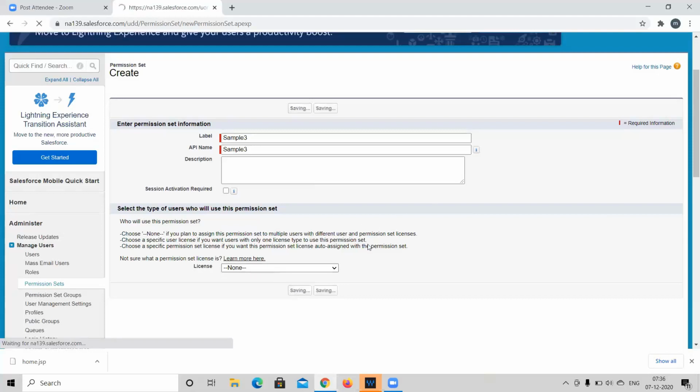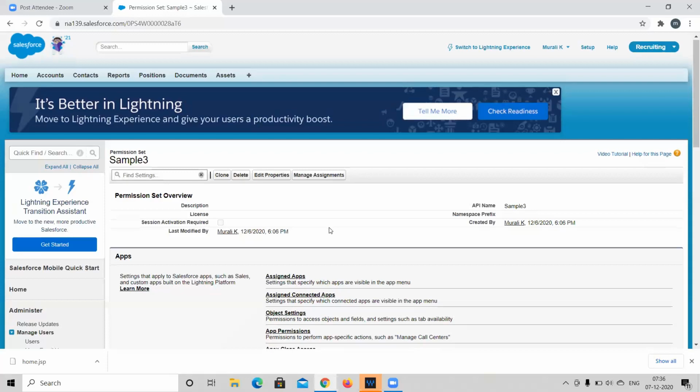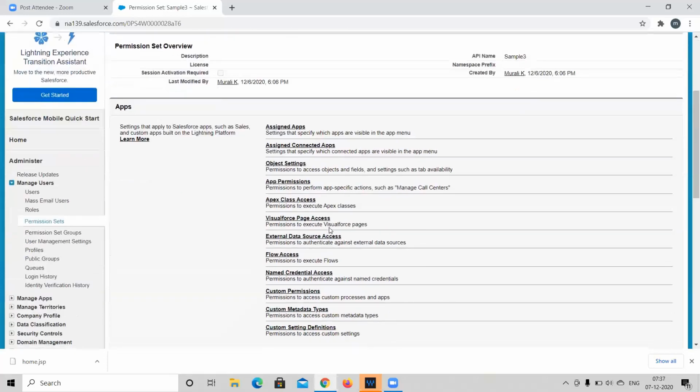You don't need to select this one. And one more thing, if we select the license, then you can assign this permission set only to the specific license users. So I'm not selecting any license, it's none. And here you can see